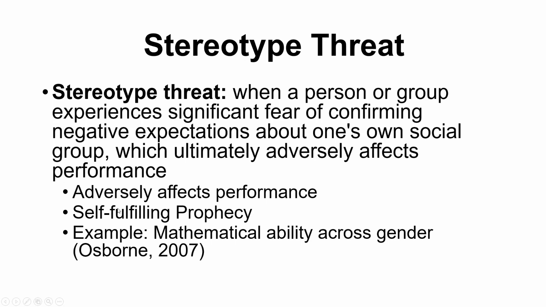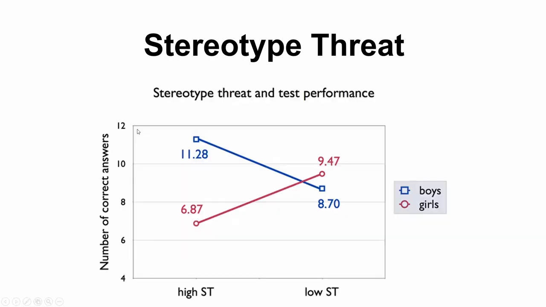It might be due to something like a self-fulfilling prophecy, where you're told that you're bad at this thing, so you think you shouldn't try hard because you're already bad at it, but then because you haven't tried hard, you do poorly. This has been shown a bunch of different times in a bunch of different ways with mathematical ability across gender. There are also lots and lots of different studies that have looked at this if you're interested. But stereotype threat seems to be a very real issue with performance and people shaping or changing their behavior, sometimes ending up enhancing a stereotype without meaning to.